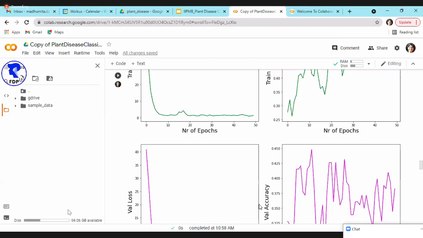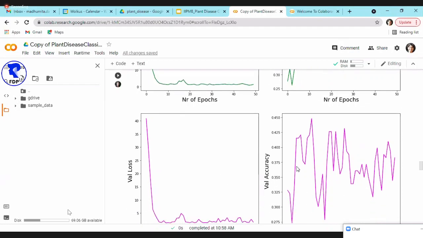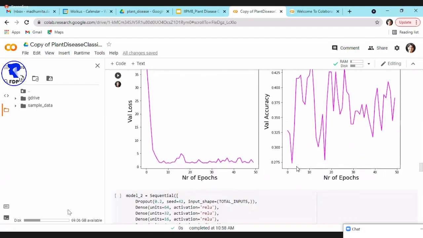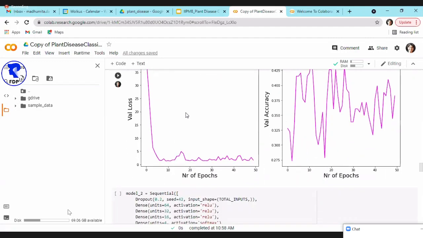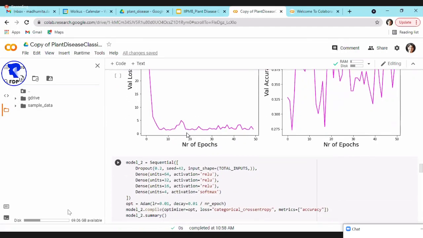But this is a very general model that we have built, so I'm not expecting great accuracy here. I'm not surprised with 55%. But still, 30 to 35% is still great. If you pass on your data, this model will be able to guess and classify your disease with 35% accuracy. So next, I have just tried some parameters here.